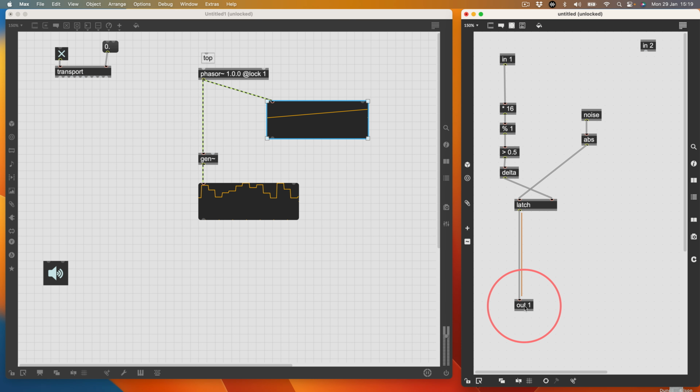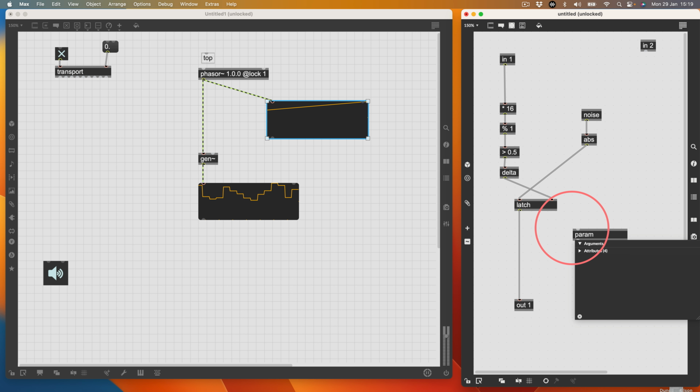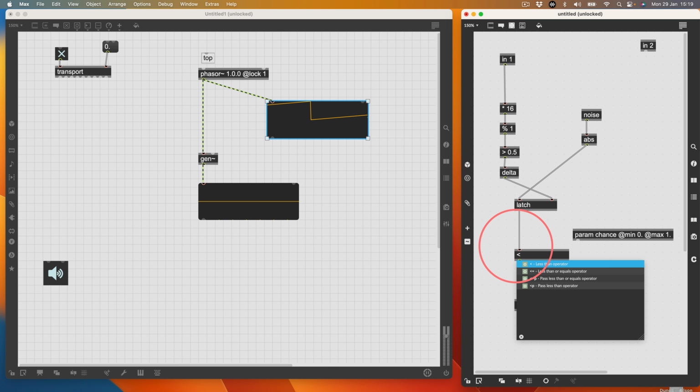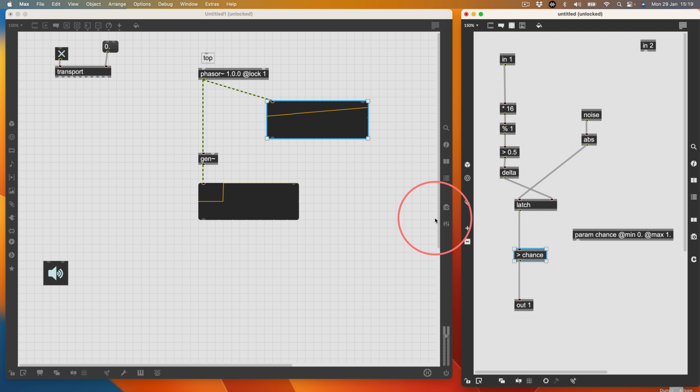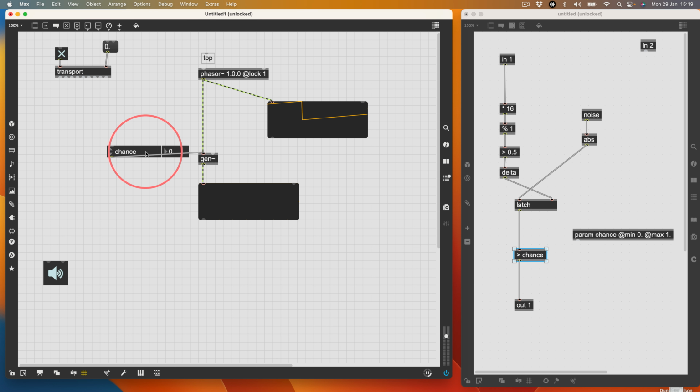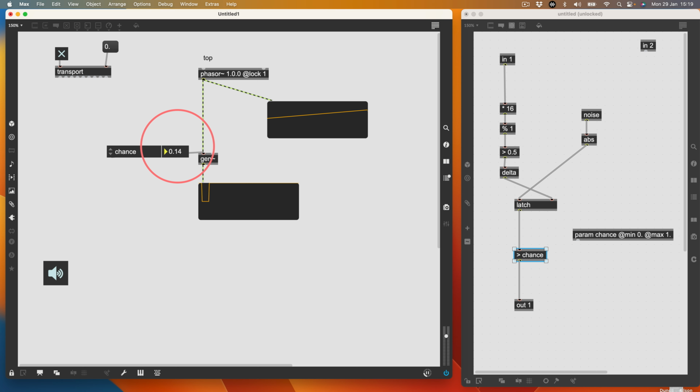But I need to turn that into triggers. So maybe I'll make a param here, and I'll call it chance. I'll set the min to 0 and the max to 1. And then let's make a less than operator or greater. Let's start with greater than and say greater than chance. Okay, and then back in our main patch, we'll right click the gen. There's our chance parameter. And then if I increase this,